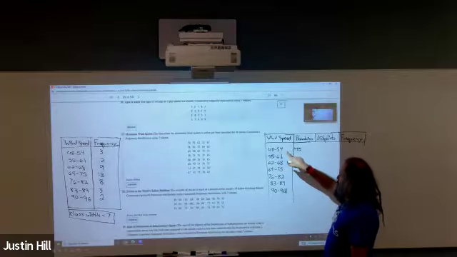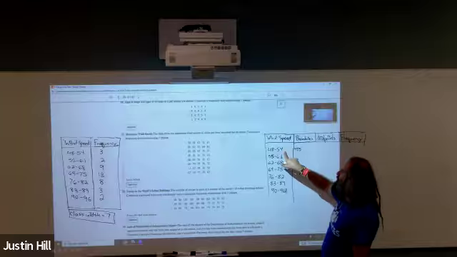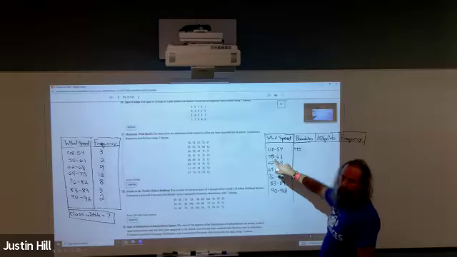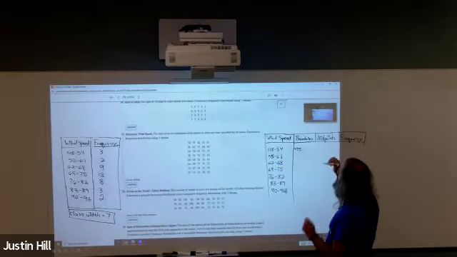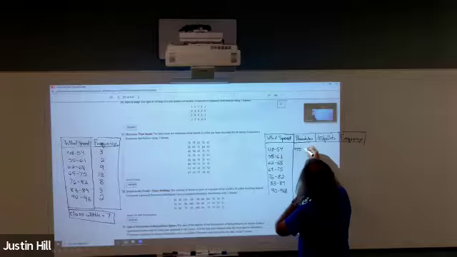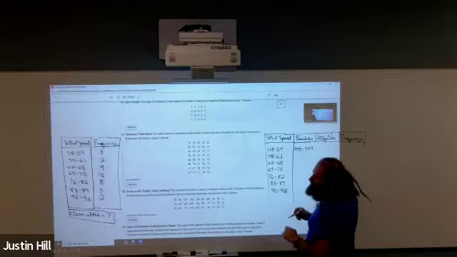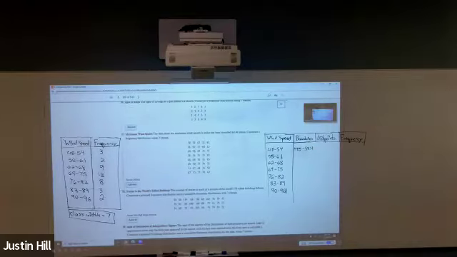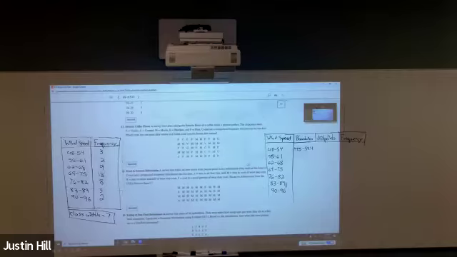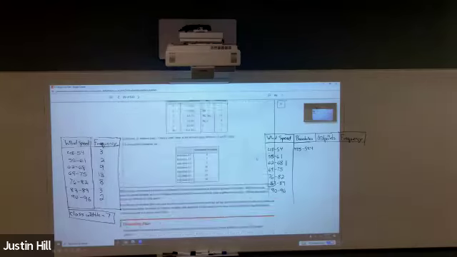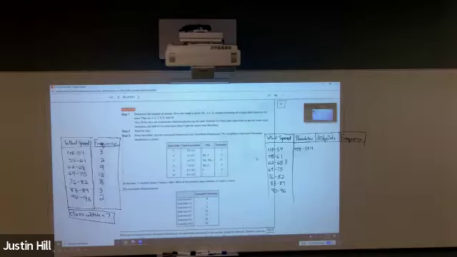Therefore, a state with 54.4 mile per hour wind would fit in the first class, not the second class, because 54.4 rounds down to 54. So the boundaries for that first class are 47.5 to 54.4. Actually, again, let me check on this. There's a couple of books that write it differently. I don't think this is one of them, but let me check. Yeah, this is one of them. Damn it, I hate it when they write it this way. It doesn't make good logical sense.